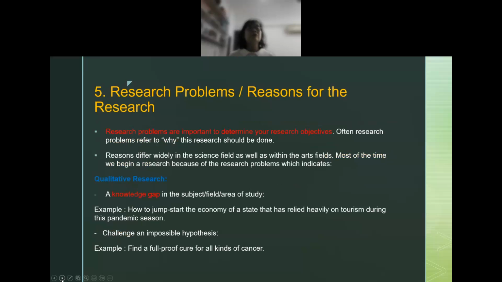Okay, so we go on to the fifth one, research problems. Research problems are important to determine your research objectives. Basically, why do you want to do the research? Is it because you want to pass so that you can hold a master's degree or be called a doctor? That is a very bad reason.